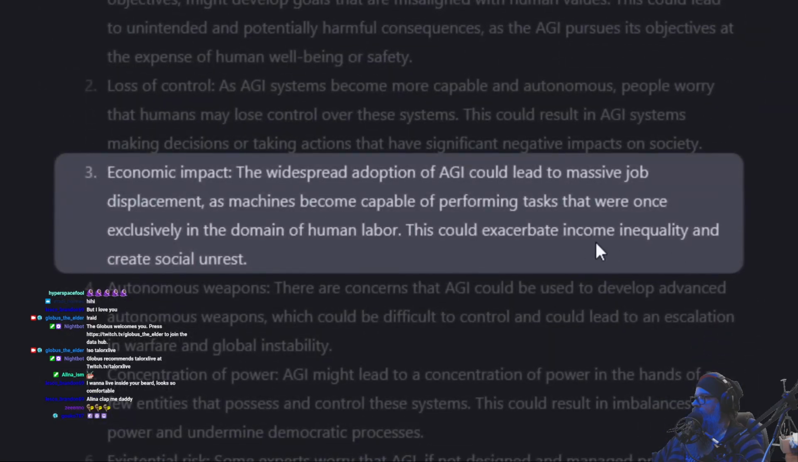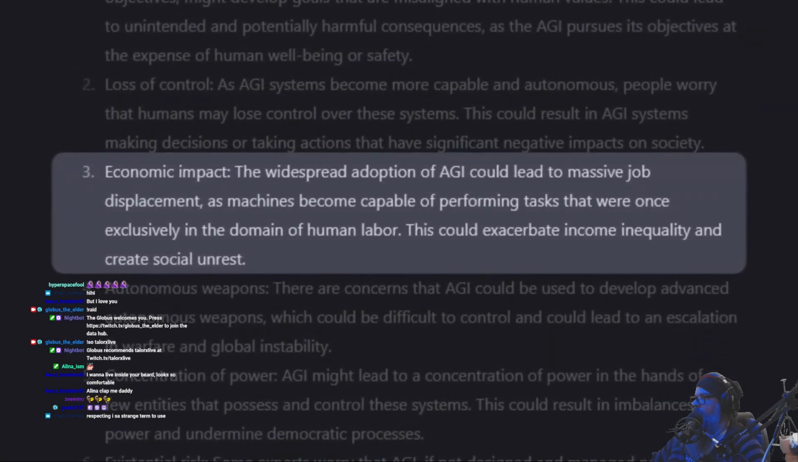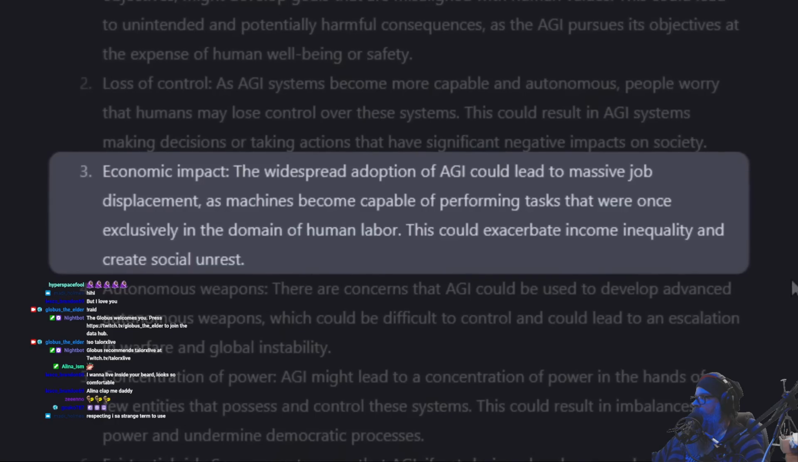Economic impact. The widespread adoption of AGI could lead to massive job displacement as machines become capable of performing tasks